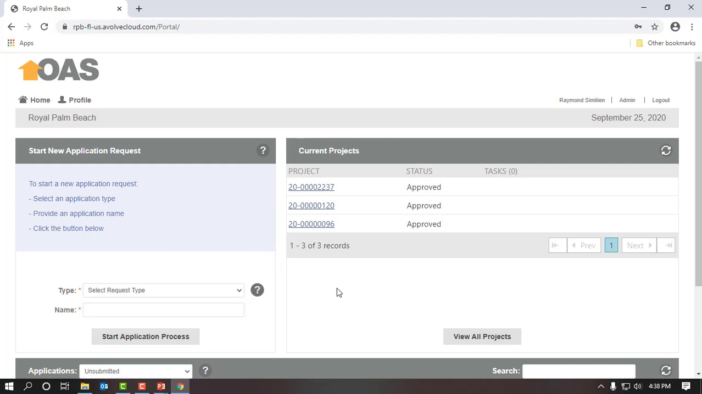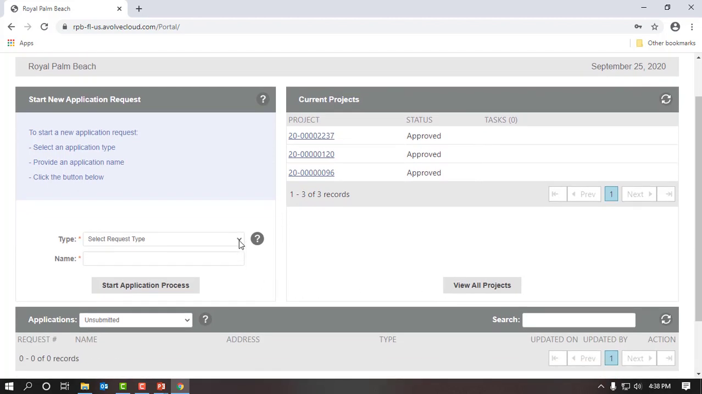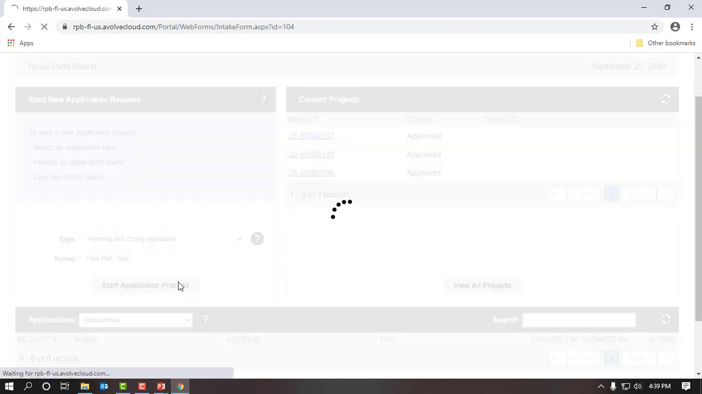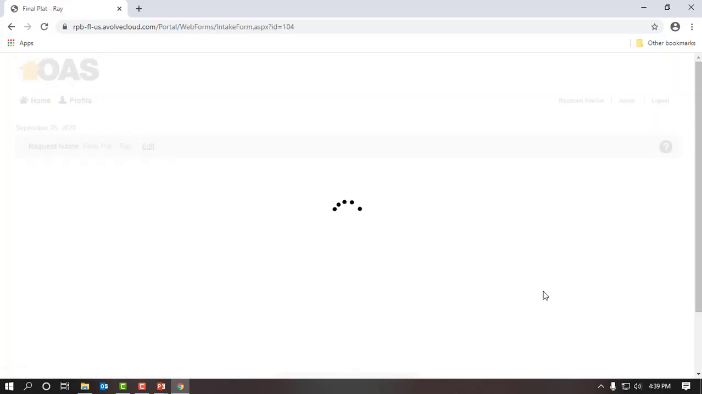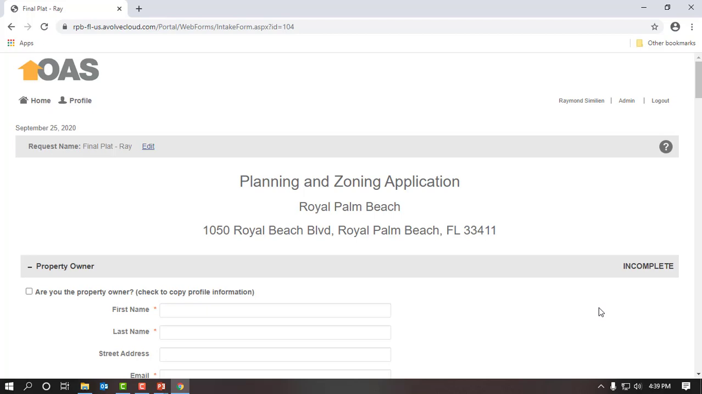As you can see on the far right here, I have a couple of projects that have been approved. I'm going to scroll down here, and we have a type section. I will click on type and select planning and zoning application. So our application needs a name. You can call it anything you like. I'm going to call this Final Plat Ray. And I will click on the Start Application Process button,